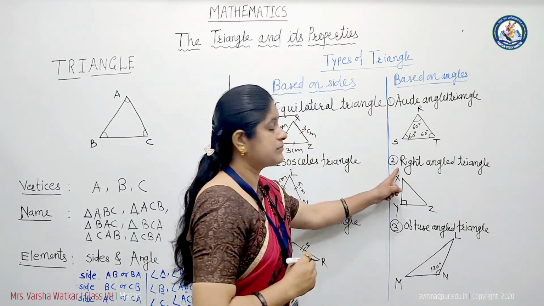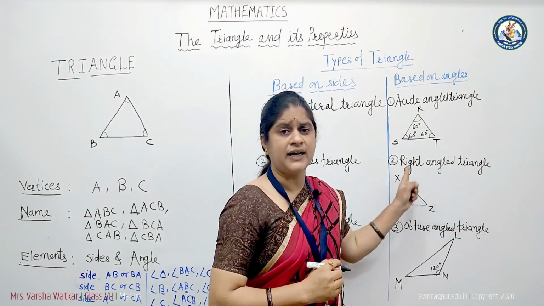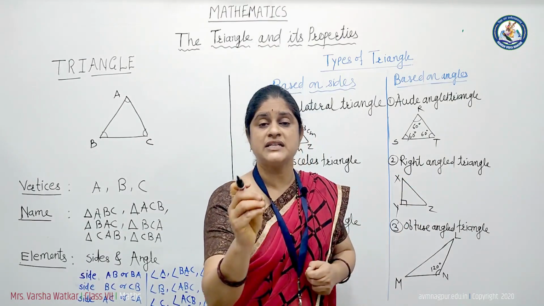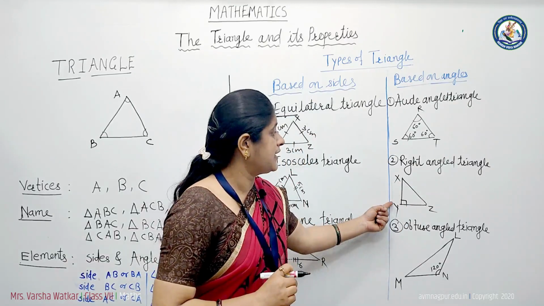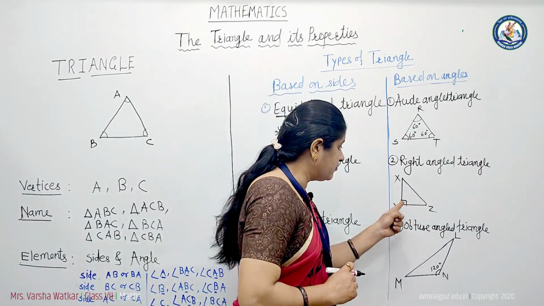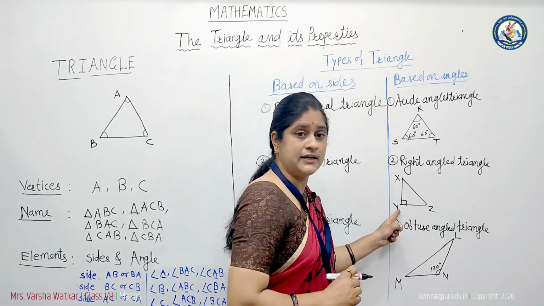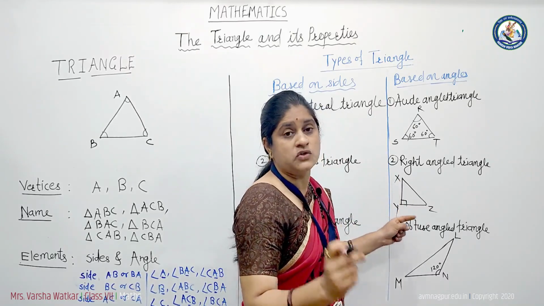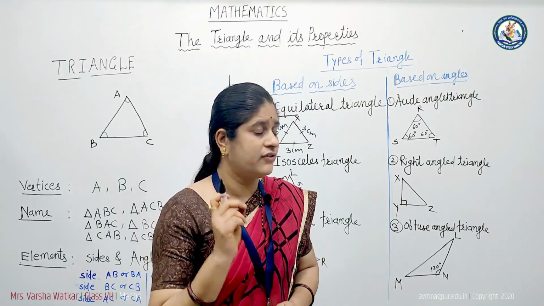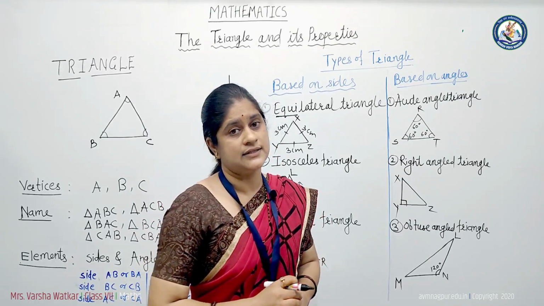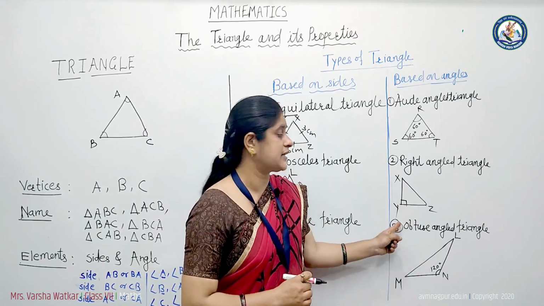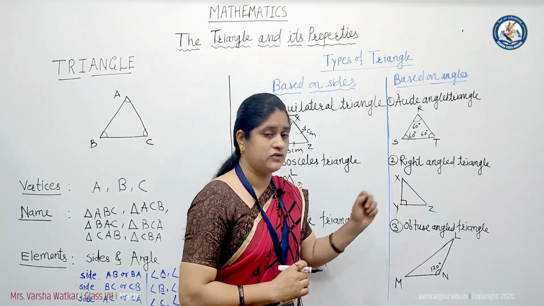Okay. Now what is meant by right angle triangle? Right angle means an angle having a measurement of 90 degrees. So in right angle triangle, observe this right angle triangle XYZ. In this right angle triangle, angle Y is of measure 90 degrees. So what is meant by right angle triangle? A triangle in which one of the angles is 90 degrees is a right angle triangle. By observing, you can say that this is a right angle triangle because in this triangle, angle Y has a measure of 90 degrees.